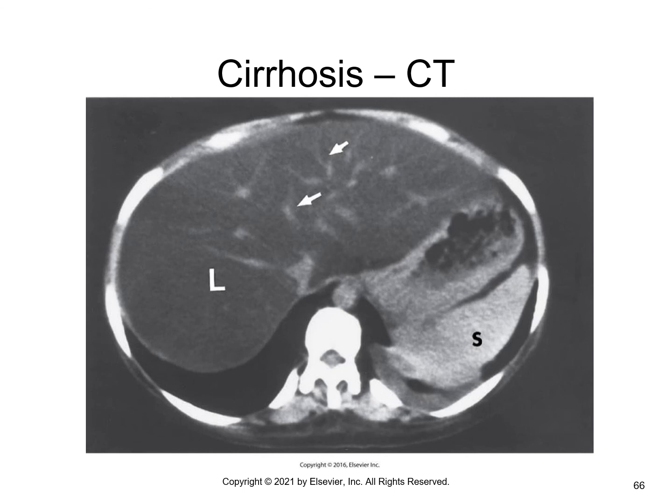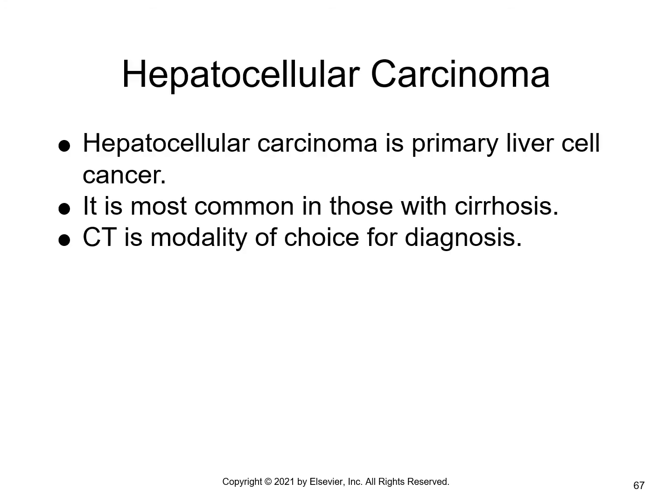So here's a cirrhotic liver on CT. This liver is still relatively large. Once cirrhosis progresses, it will get smaller and smaller. But you can see that there appears to be some fluid surrounding the liver, so this is in a significant stage. Now, anybody that has a cirrhotic liver is at a higher chance of having hepatocellular carcinoma, or